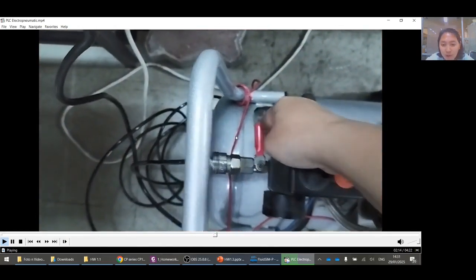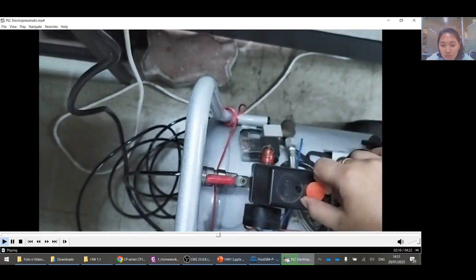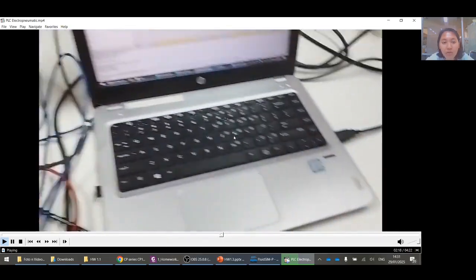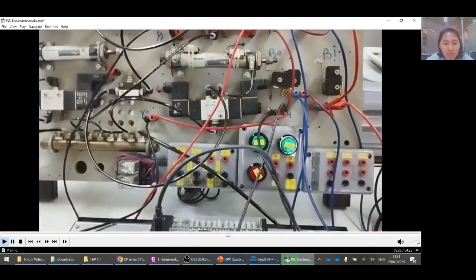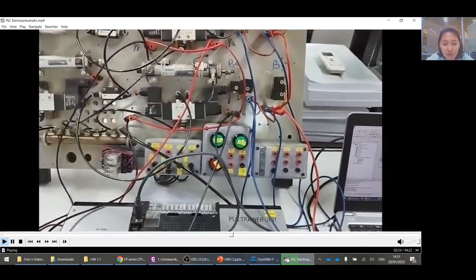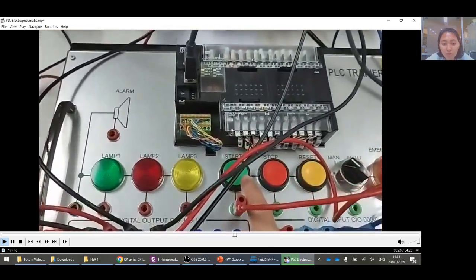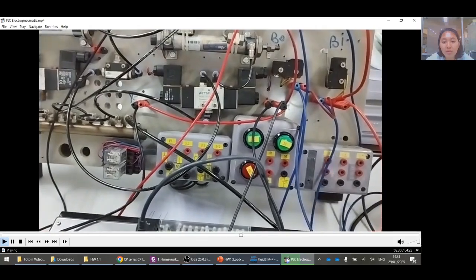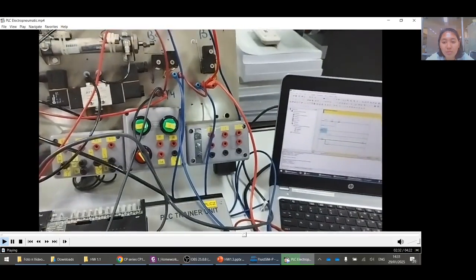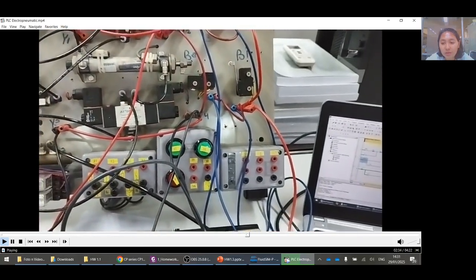Just open the airflow, open the compressor. Ready, then I press the start button.